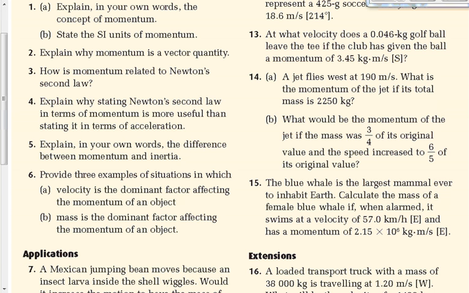Give me another one. Somebody in the last class said an arrow, with a bow and arrow. Guys, listen, if you think about this for about a minute, you could think of 100 examples. Because all we're looking for here is something that's moving. Got to be moving, otherwise it has no momentum, right? But something that's light. Something that's moving fast. Doesn't have to be light, but it's got to be moving fast. If it's moving fast, then velocity is the dominant factor, or the prime factor, or the main factor in its